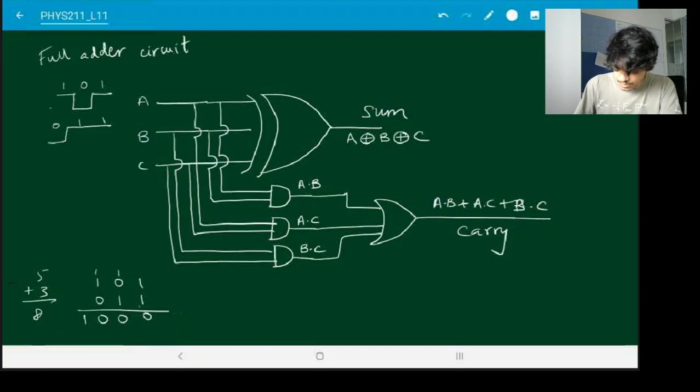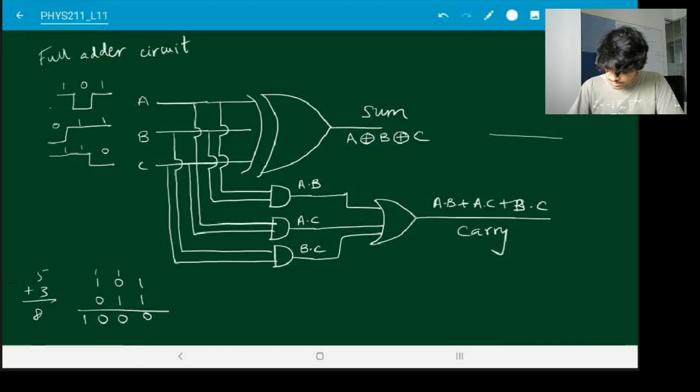And the carry will go as 110. And then on the right hand side, you will see that you will get the sum in each case. So what is the sum in each case? 0 over here, 0 over here, 0 over here.